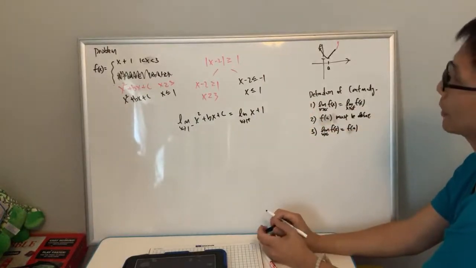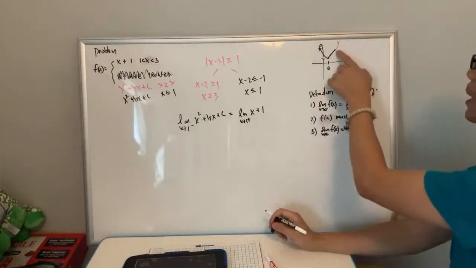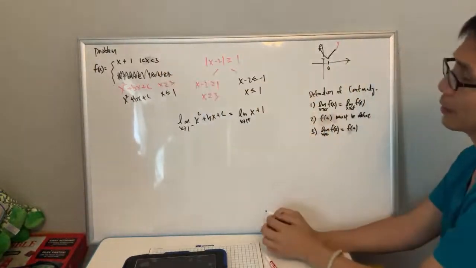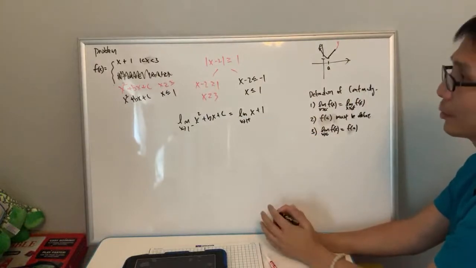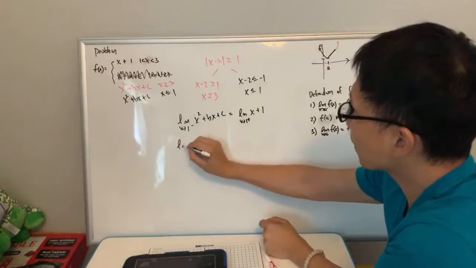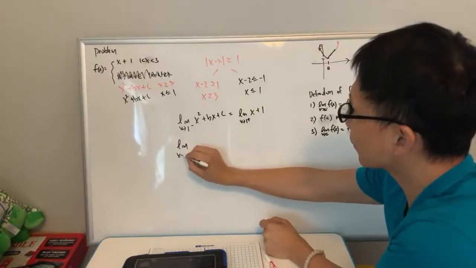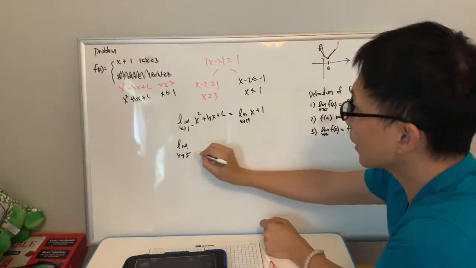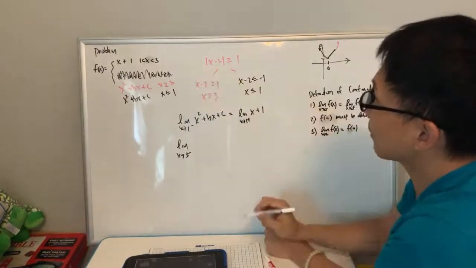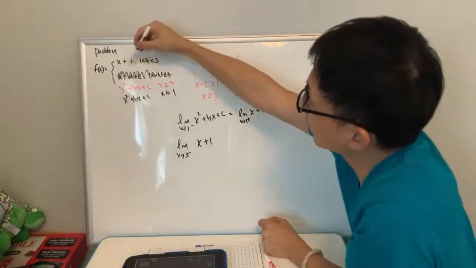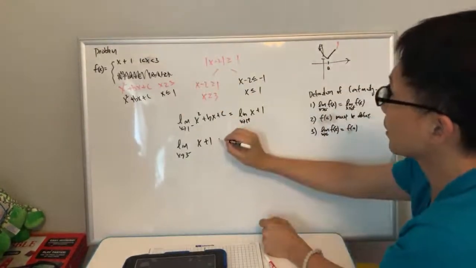I'm also going to worry about this part. This part has to connect as well, but the endpoint is at 3. We're going to go in from 3 from the left side and 3 from the right side. If you realize, I was going from left to right, I'm going to build a good habit. So for 3 from the left side, I'm going to use the x plus 1 function, because from the left side it includes the x plus 1 function. That's equal to